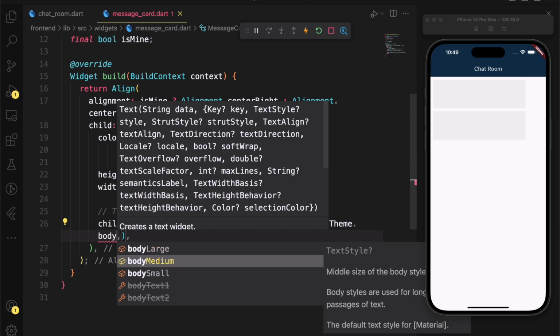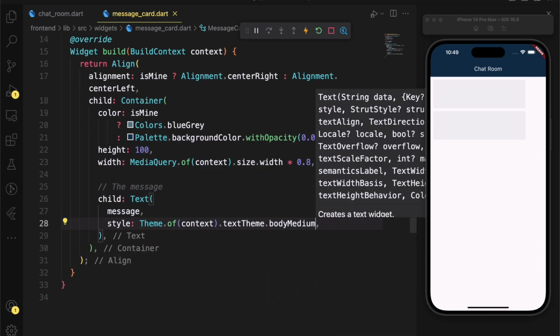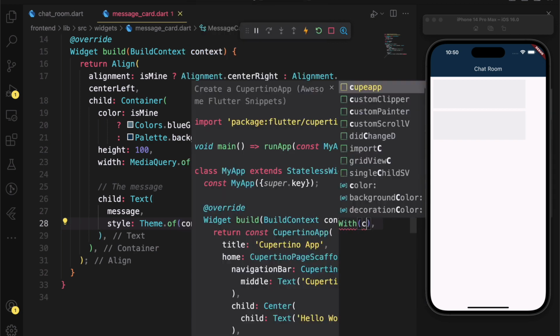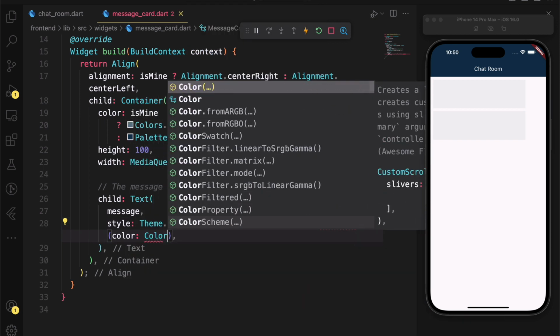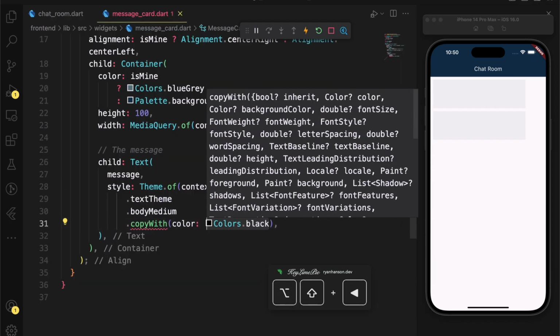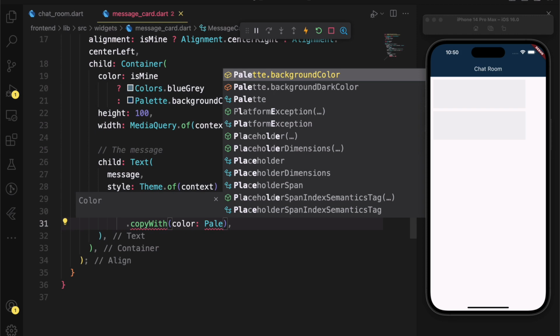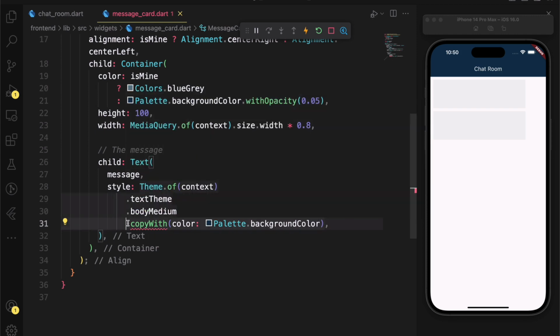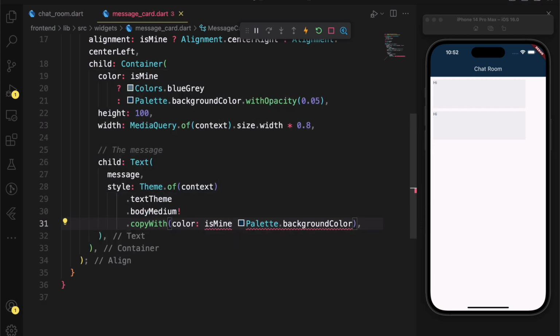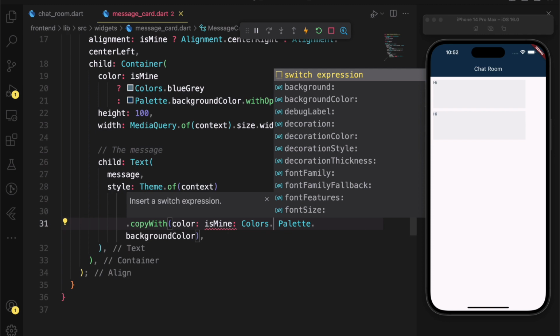Let's say body medium, and then let's copy it with the color we want. So copy with color, colors.black. Then we need to make sure that this is not null, or let's use our background color, and that should do it for us. All right, so now we have the image displaying clearly on the screen, but we need to also check